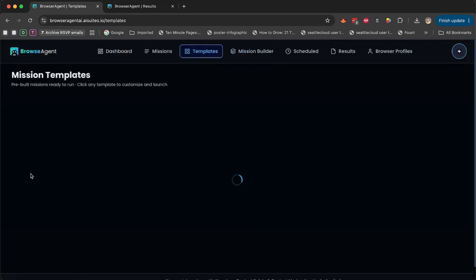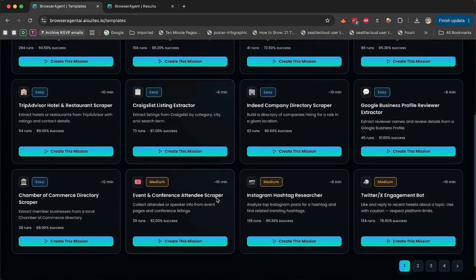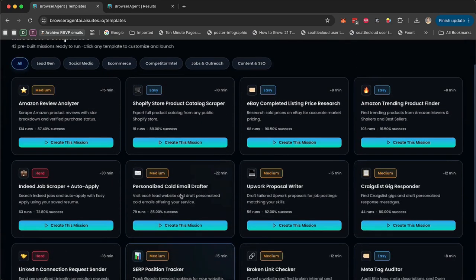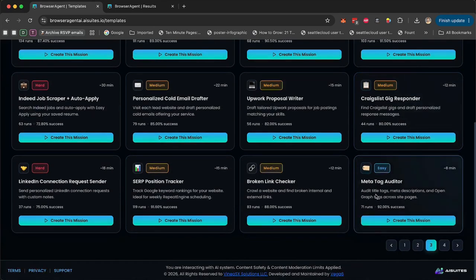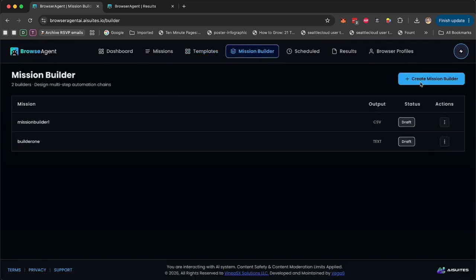So like you go into templates and you'll be like, okay, I want you to run the Google scraper first, and then I want you to run LinkedIn's profile scraper, and then once you've done both of those, do an Instagram hashtag research, and then do a cold email approach one where you write a personalized cold email, and then next one you go do a SERP position tracking, and then send all that email to me. So you create like this custom